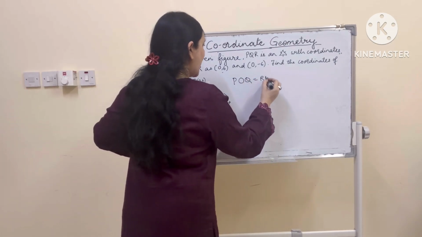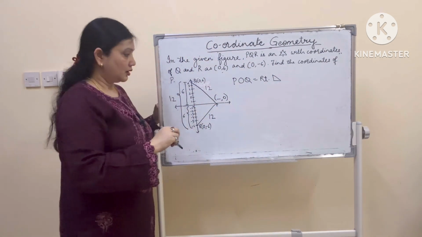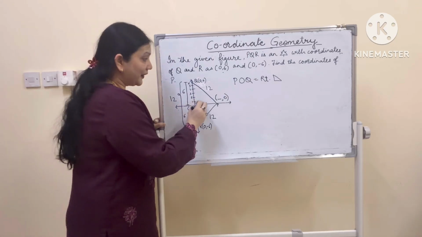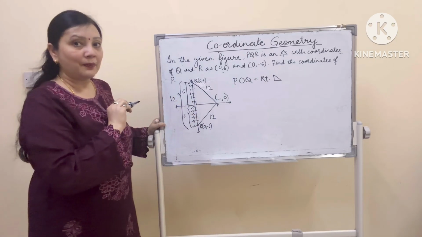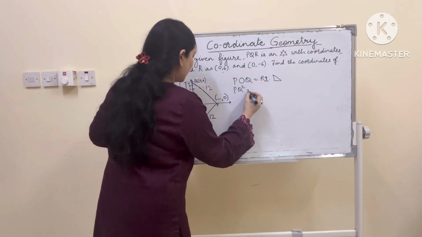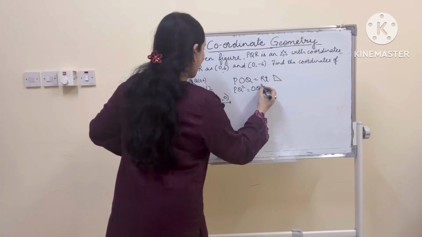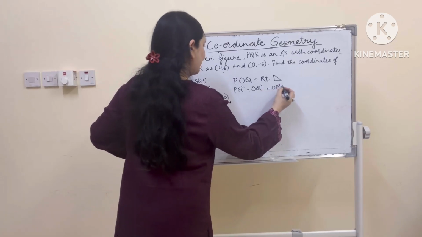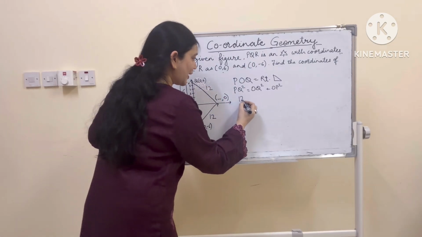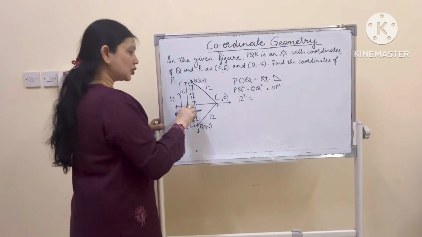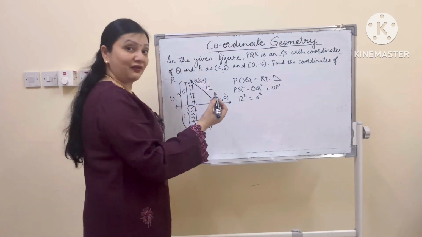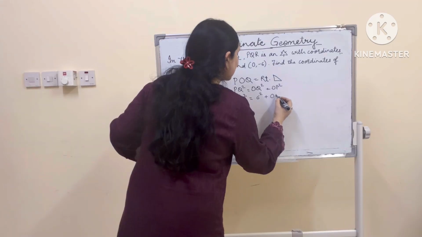Now see, in this triangle PQR, there is one more triangle, QOP, which will be a right angled triangle, isn't it? This triangle POQ is a right angled triangle. If it is a right angled triangle, then we can apply Pythagoras theorem. And what does it say? That PQ square will be equal to OQ square plus OP square, isn't it? PQ square we know it is 12, so we will write here 12 square. OQ square also we know it is 6, so let us write here 6 square. OP we do not know, so we will write it as it is, OP square.